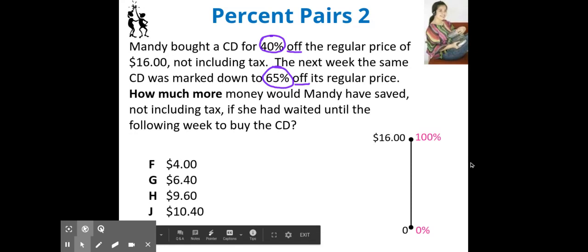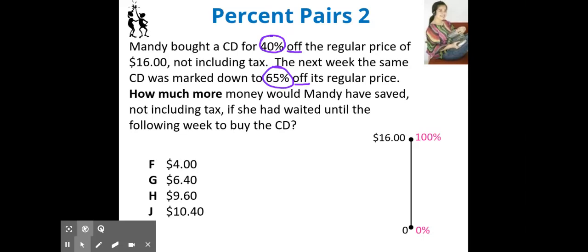In 6th grade honors, you learned benchmarks. Benchmark percentages are an awesome strategy that don't require a lot of calculations on paper. Typically, you could get them in your head. Well, I know that 100% is the full cost, $16. I'm trying to figure out 40% and 65%. I could use that benchmark, 10%. 10% of that $16, $1.60. Well, hey, if I have 10%, I can easily get 40%, use my scale factor. Multiply by 4, 40%,